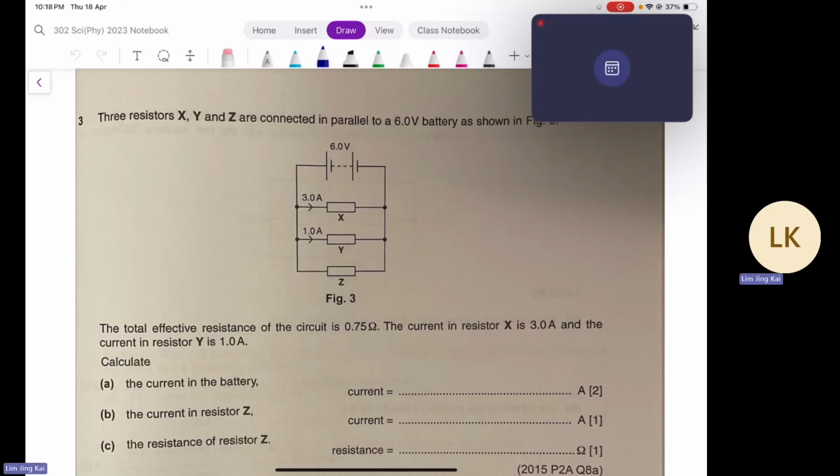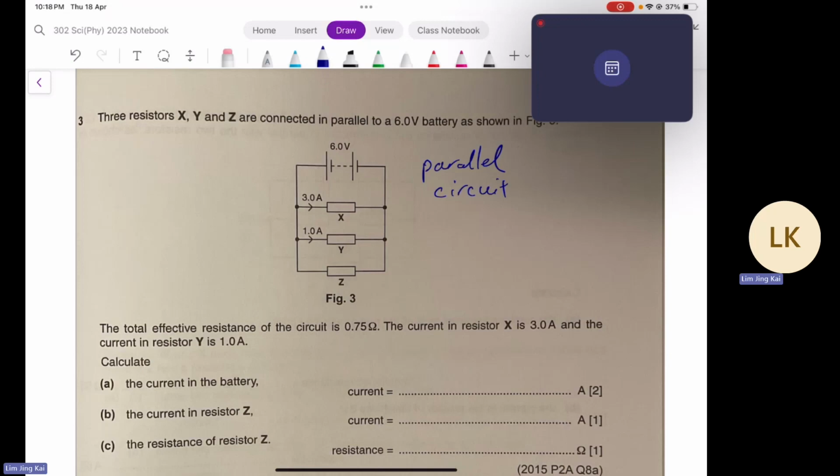You have to look at the information very carefully. From here, we are able to see that this is actually a parallel circuit. When you look at questions like this, immediately you try to recall the special properties of the circuit itself. For this parallel circuit, firstly, the potential difference across each branch is always the same. Secondly, the sum of the currents from each branch will make up the total current